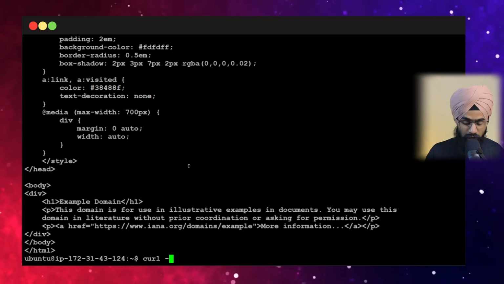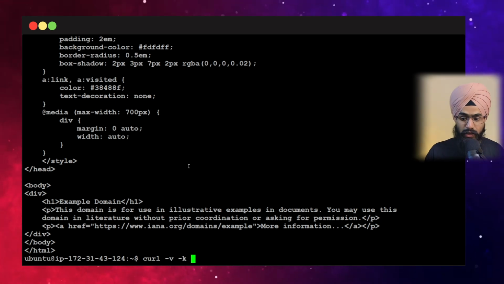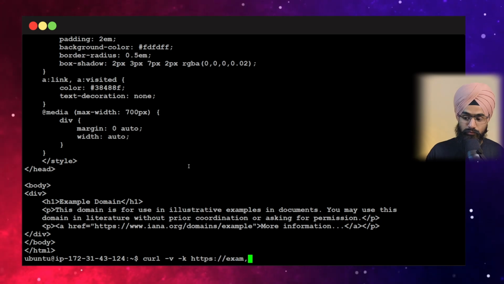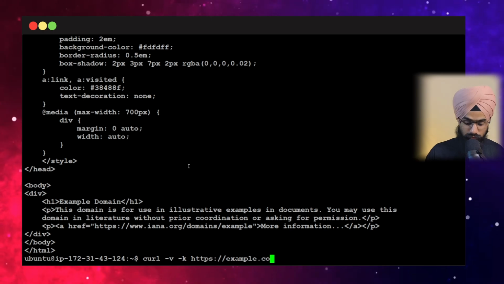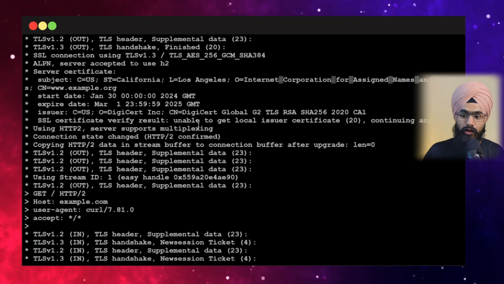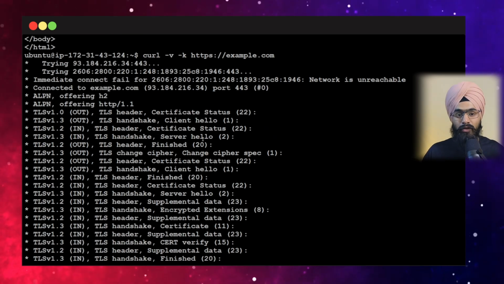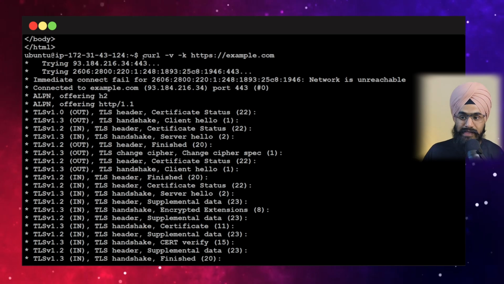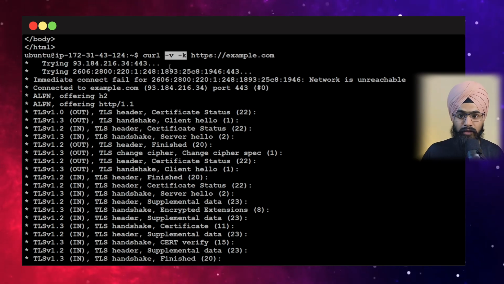So if I want to know that, I can use -v for verbose, and I can also use -k, and then I can mention the host. Now you can see on the top, previously we didn't have a lot of information, but I used the curl command. I used -v and -k, which basically gives me a lot of information, like